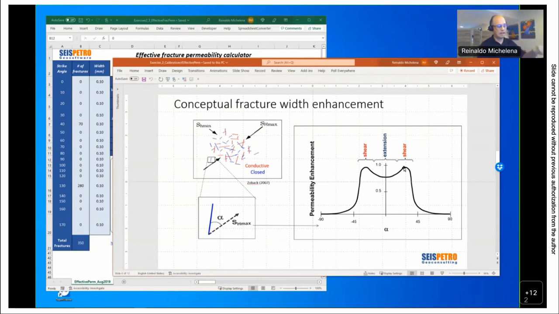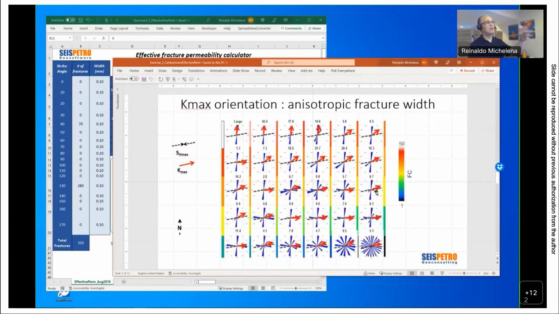They have a multiplier for the permeability. Fractures at 90 degrees have enhanced permeability, and fractures that are at 90 degrees have reduced permeability. The effect of stress is negligible, and then fractures that are in tension have another multiplier. So we also introduced that in the spreadsheet, and the idea is that we are able to recreate